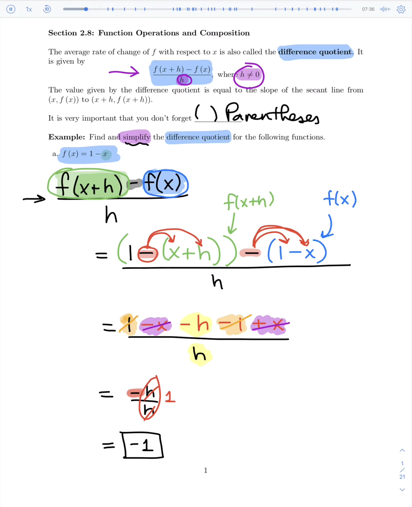Let's take a look at B. In B, we're going to start out with our difference quotient formula, which is f of x plus h minus f of x all over